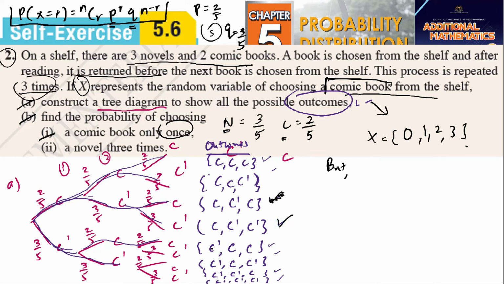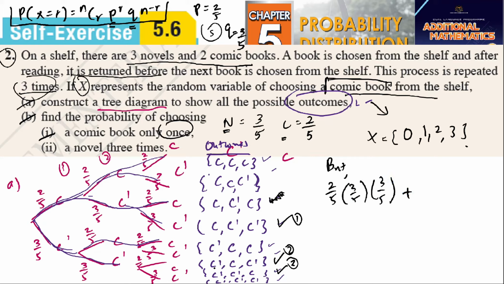No, this one is C 2 times, so this one is once, because C prime is not yes, so this one is once. And this one is also not yes, so once. So there are 3 such cases. So the probability, this one is C, C prime, C prime. We know that C is 2 over 5, so this one is 2 over 5 times, this one is 3 over 5 and C prime is 3 over 5,